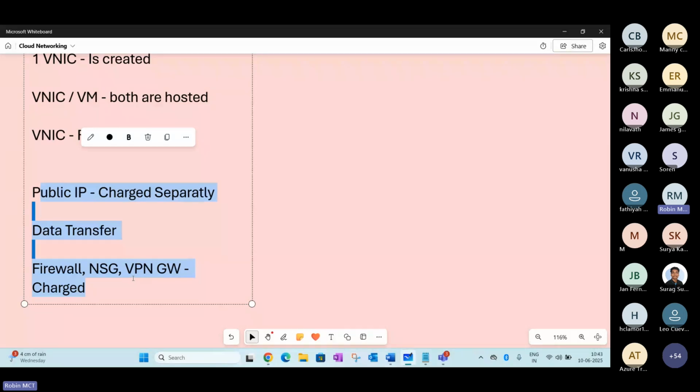So you can create a number of vNICs here, multiple network interfaces can be configured. There is no extra cost here. Only the outbound data transfer is billed here. There is no data transfer charge for your inbound connection. Only for the external communication do we have to pay money here. That may be the one important point all of us need to remember here.